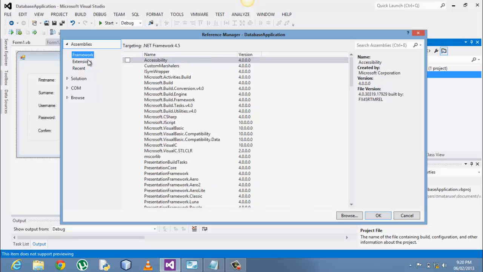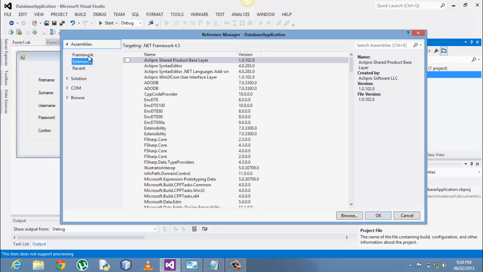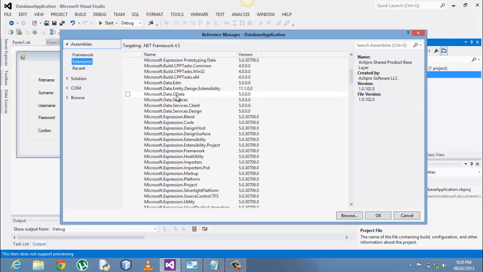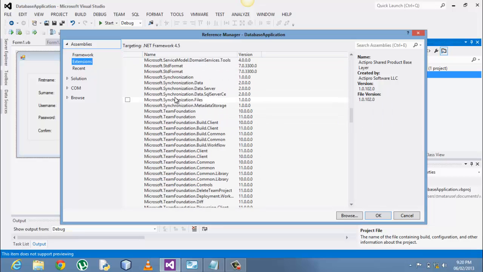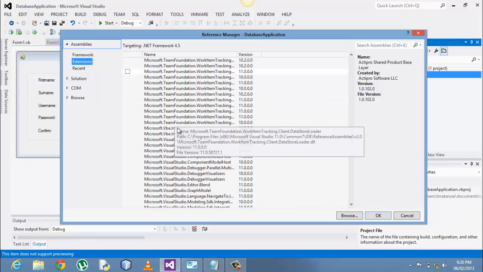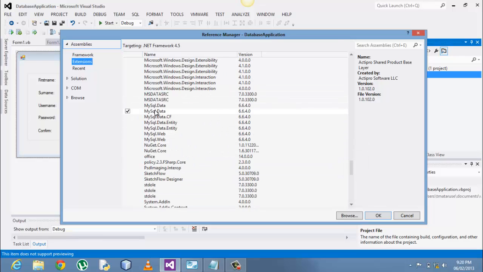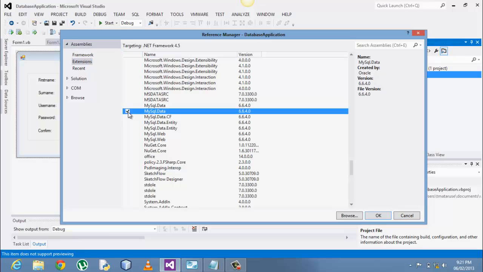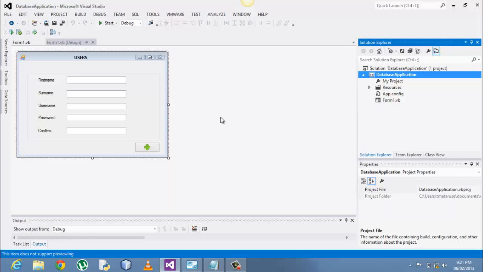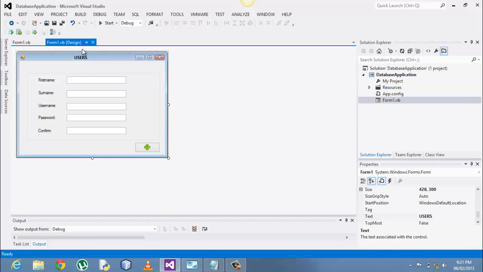Search for that. If you're using Visual Studio 2012 like I'm doing, you go under Extensions, and then under the extensions you look for mysql.data. It's a DLL file. Then you click on it like so, and after you click on it, click OK. Then I prefer saving everything that I do. So what happens then is you now